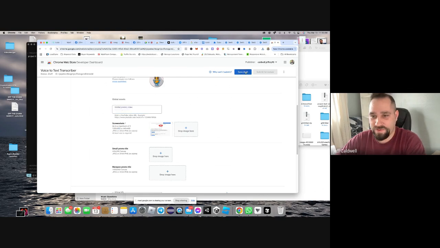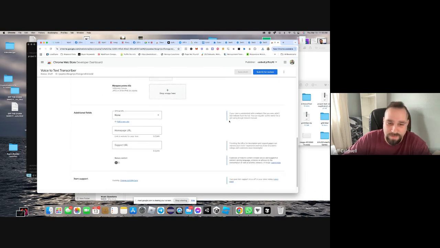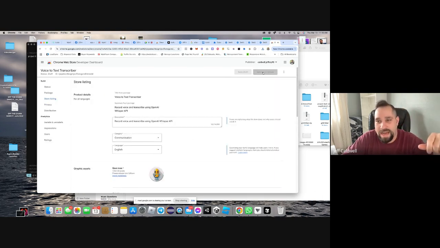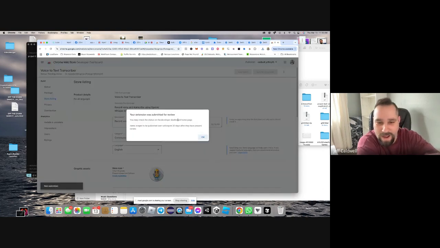And if you see right here, it says save draft. Let's see. Now we can hit submit for review. If you saw right here, it says, why can't we submit? That will tell you what you need to do. And we basically did everything. And now I can hit submit review. This is going to do all of this. And boom, all in this time, we submitted an entire item to the Google Chrome plugin store, ready for review